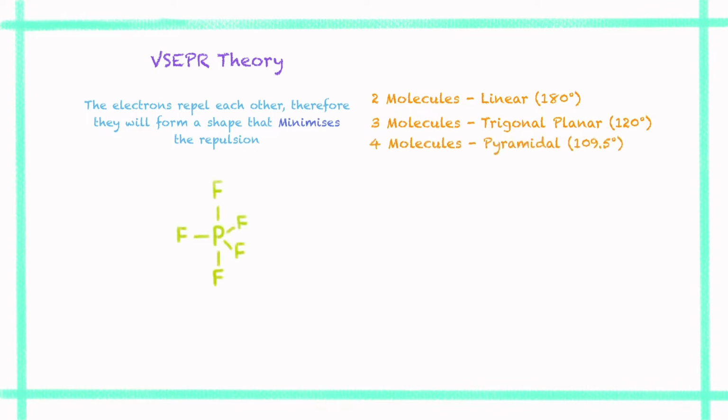Phosphorus pentafluoride consists of 2 parts. Vertically, there are 2 orbitals that form a straight line. Horizontally, the remaining 3 orbitals split the plane into 3 parts. This is a trigonal bipyramidal shape, and it has 2 different angles. The angles between the vertical bonds and horizontal bonds are 90 degrees, while the angles between the horizontal bonds are